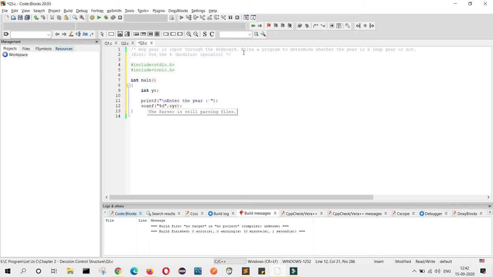Now here we will write the condition. If year modulo 100 equals to 0, inside if year modulo 400 equals to 0, printf entered year %d is leap year, and here I will write year.